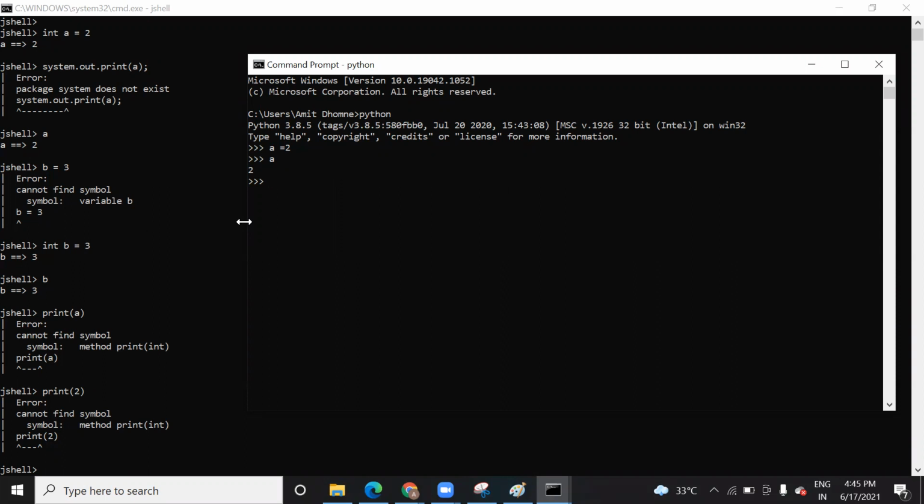And Python is also known as a scripting language, because here also you can run the code line by line. Here the print function will work. If you do it here, the print function will work because there is no structure called a package or hierarchy kind of structure here. So this is the difference between these two.